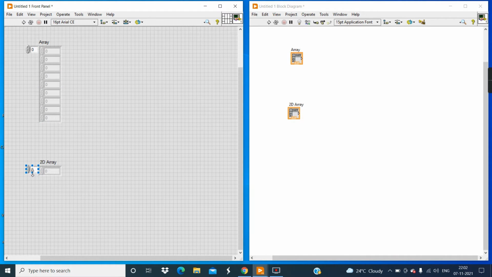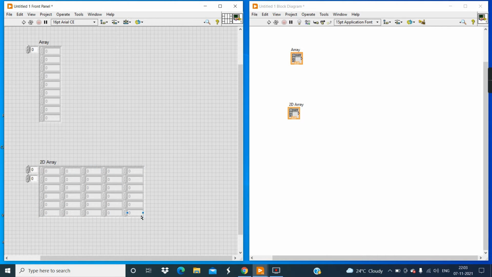Now 2D. How to create a 2D array? Simply do this, and then we can increase elements horizontally or vertically. That means row or column. A 2D, two-dimensional array means more than one column or more than one row.